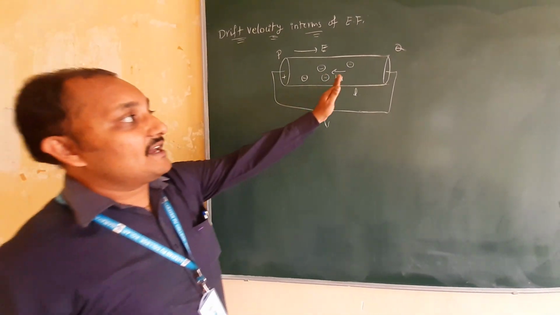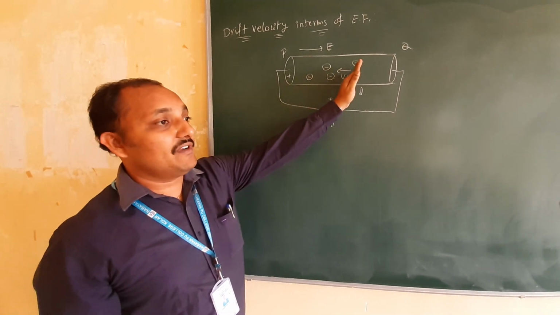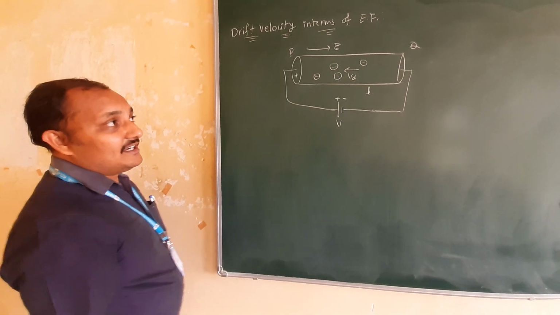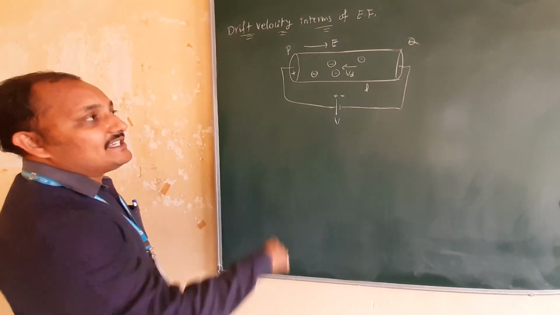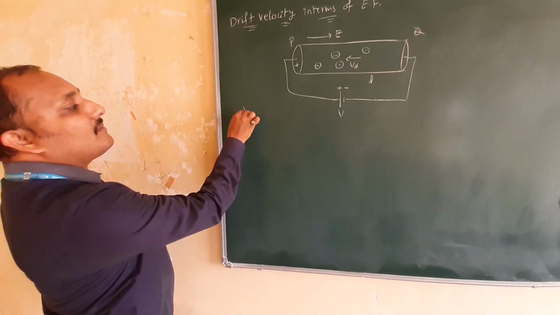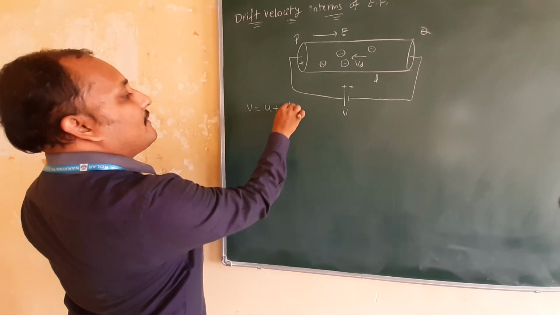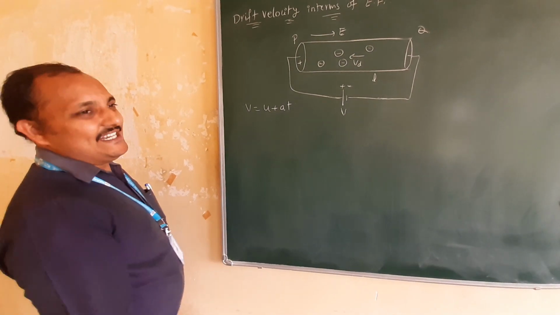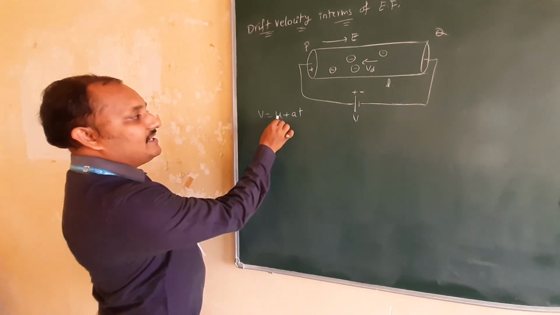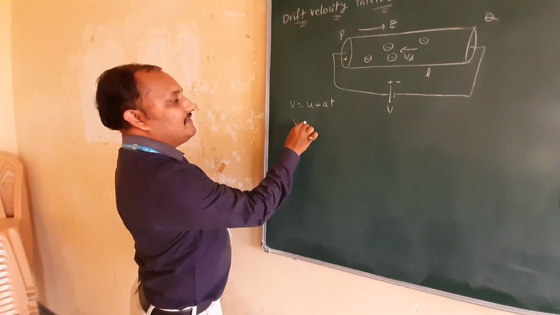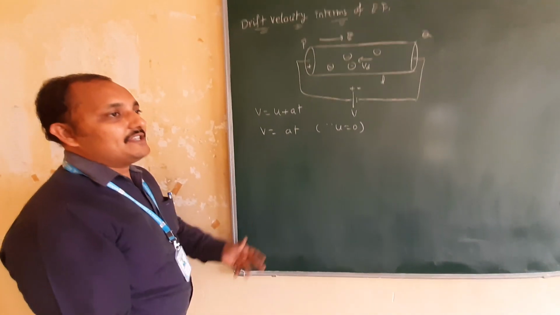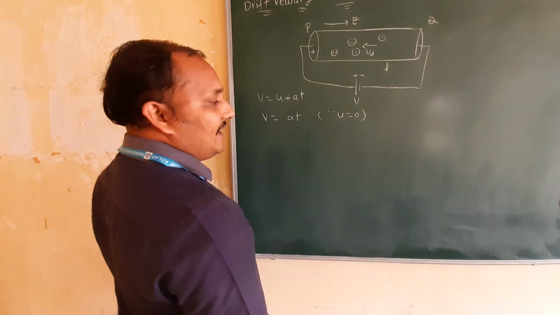With how much velocity are these moving? Whenever these are moving with velocity, they will also have acceleration. With what acceleration are all those electrons moving? Initially, we will take them at rest. So first we use this formula: V is equal to U plus AT, isn't it? Initially they are at rest, so U will become 0. Then V is equal to AT, since U is equal to 0, we are assuming all the electrons are initially at rest.